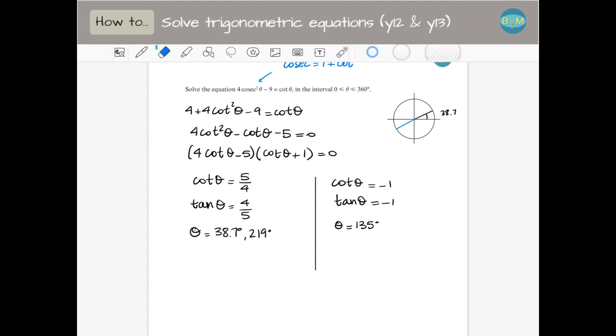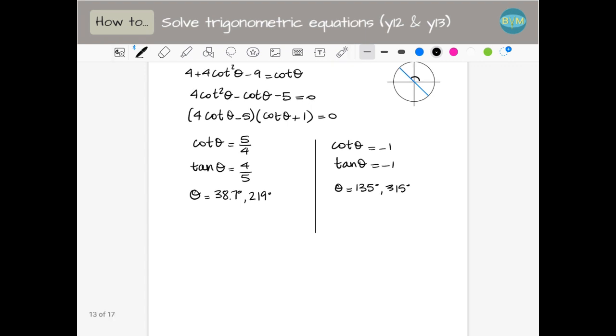That one, let me clean this. That angle, 135, is here. And I need the same tan. Same tan is this angle. And this angle here is going to be this whole thing. Yeah? Which is 180 plus 135. And that is